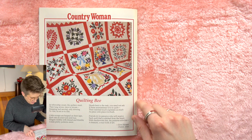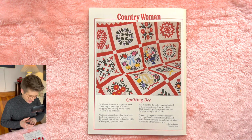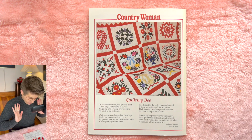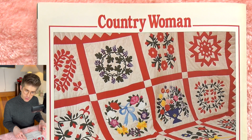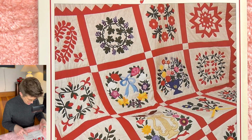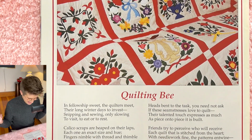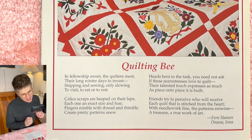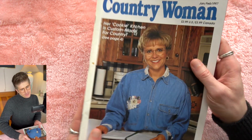Okay, on the back, well, Quilting Bee. It's a picture of a quilt, a really incredibly beautiful quilt. There's a poem down here called Quilting Bee by Fern of Iowa about a quilting bee. More wintertime activities. Cute. All right. Well,